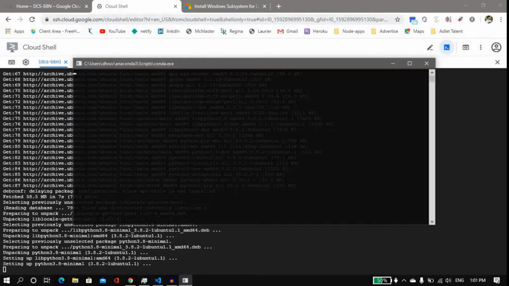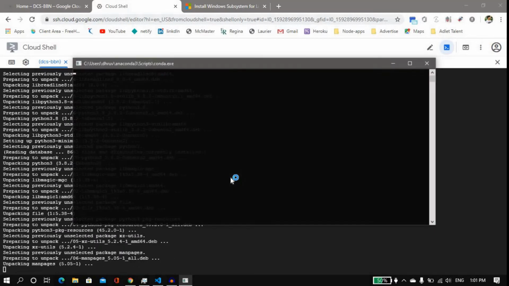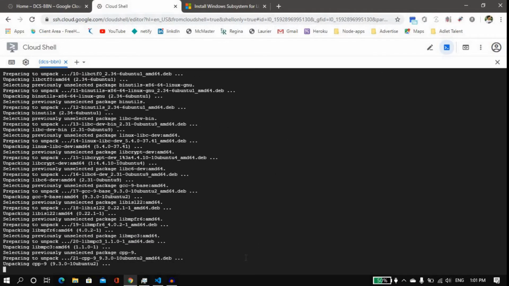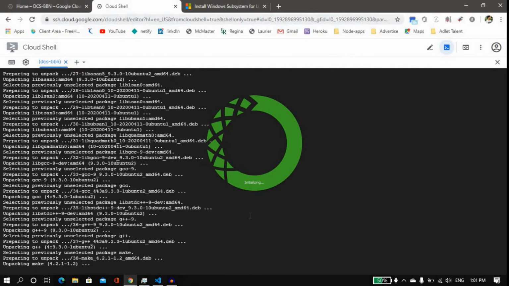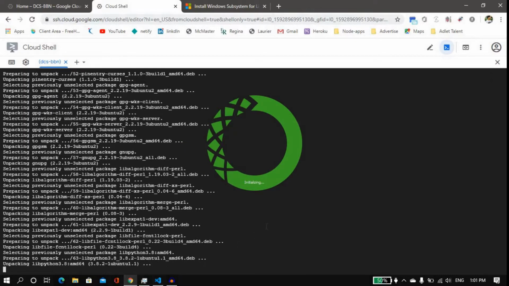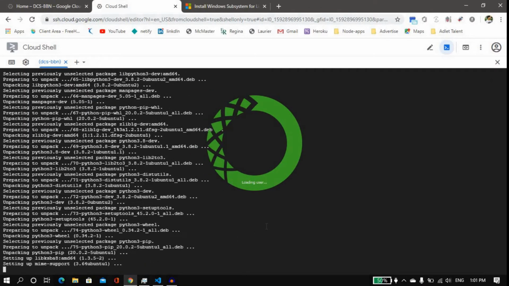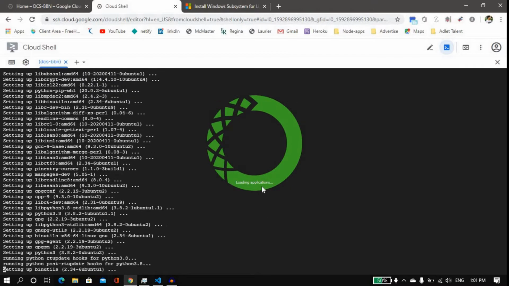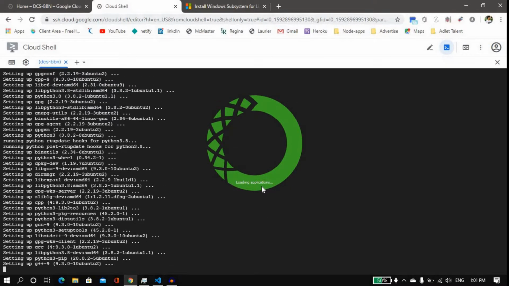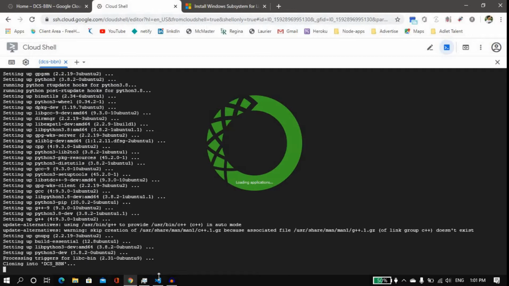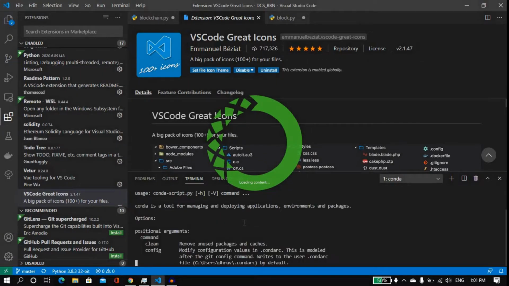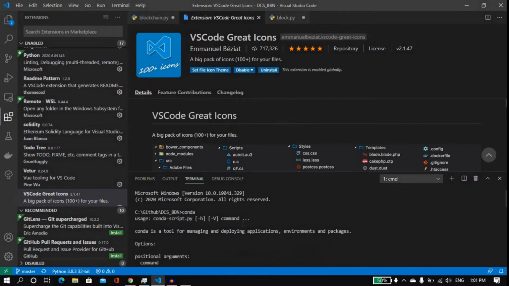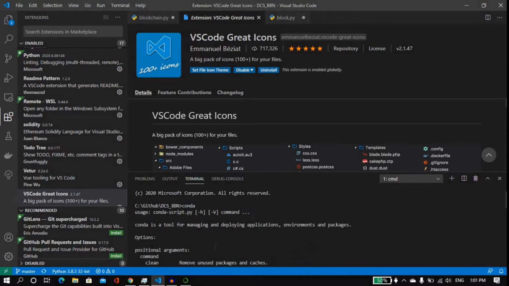I will go with Anaconda Navigator. I'll show you how Anaconda works and how we can use Anaconda Navigator. Just give it a minute or two. You can use Anaconda from the command line too.